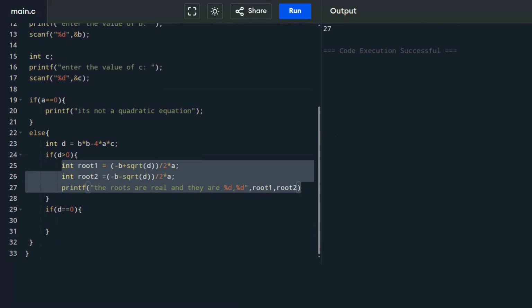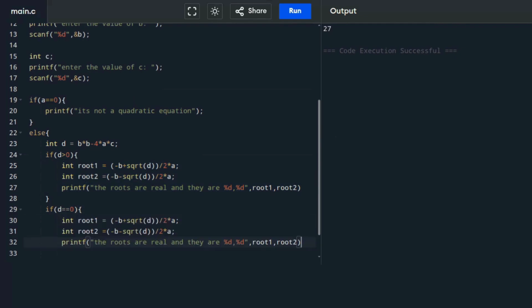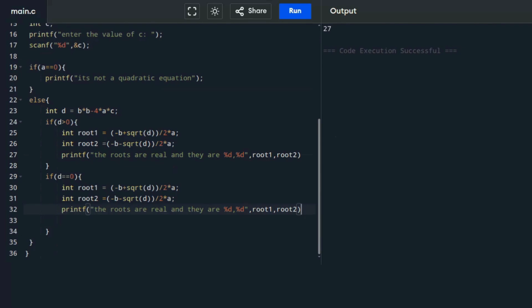The roots are equal here. The roots are equal, and we can remove the similar roots as it has only one root, percentage d and root 2. All right,